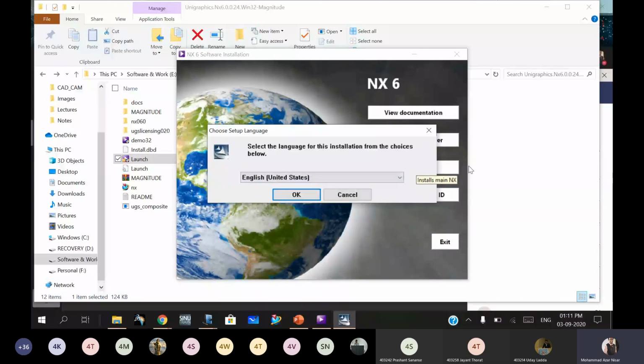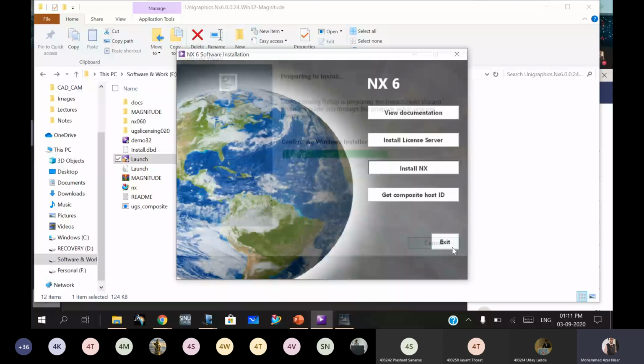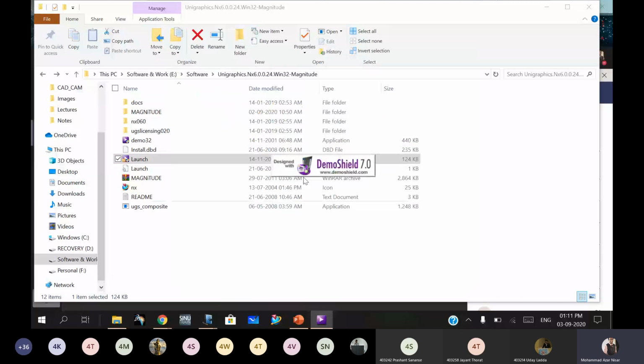You have to end this by finishing. Okay, install NX. Then after this, again come back to install license server and select OK. I have previously installed it. So you have to provide the NX6 license file in Magnitude, by browsing to it.